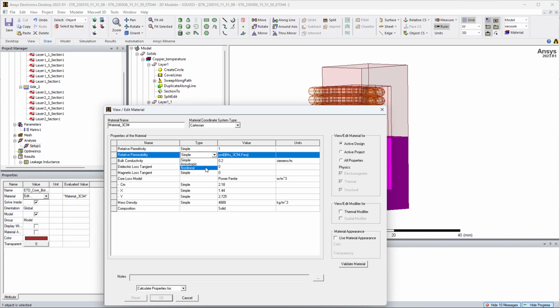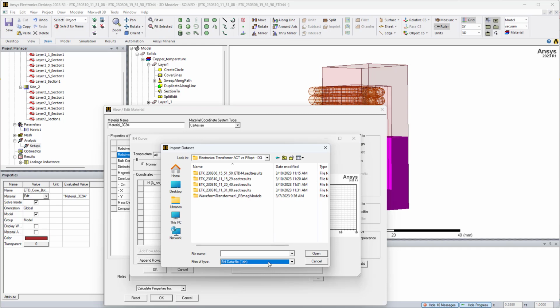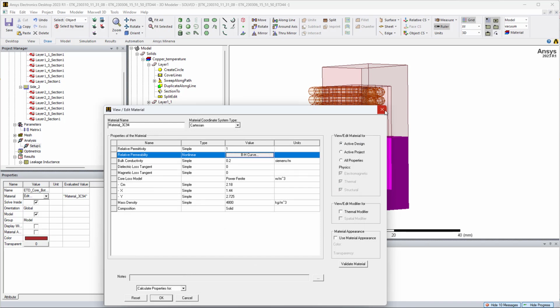We can choose to use nonlinear BH curve. We can enter a BH curve file, set the file type to TAB, and here you see the BH curve. You can also manually enter the data for the BH curve. I will click cancel,